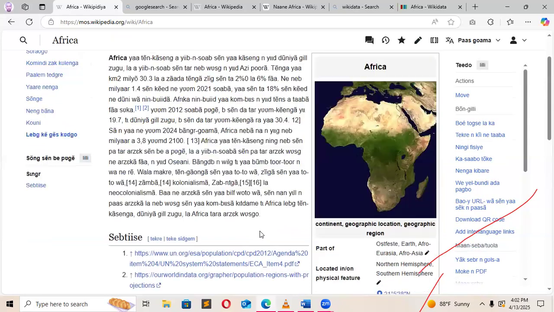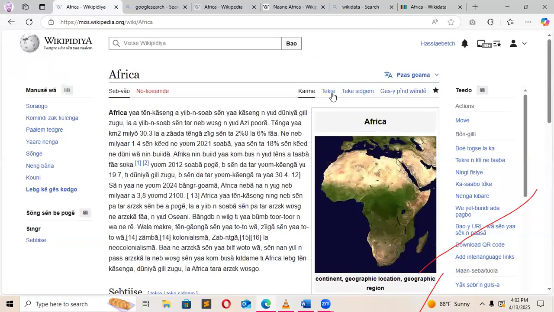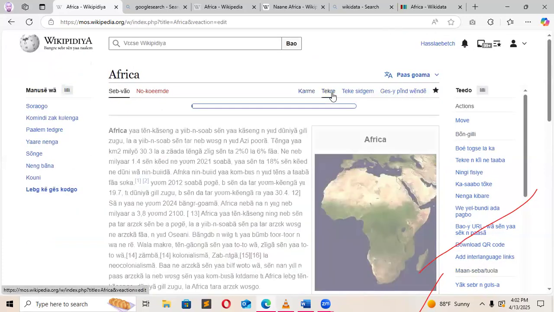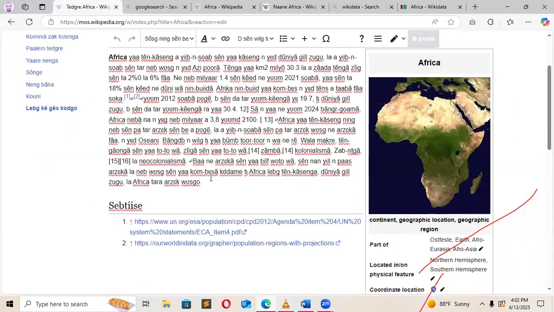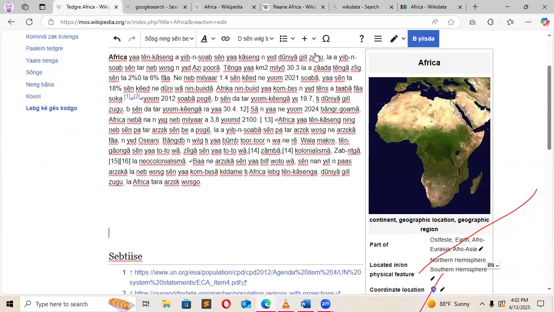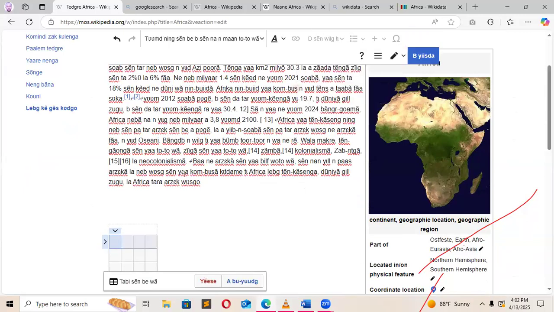Okay. So if you have a table to add, let me use this one as an example. You can edit. Let me see. I want to add a table here. Let me put enter here. When you look inside, you can see there's a plus symbol here. You click on the plus symbol. You come down, you see table. You click on the table. You see a table there.